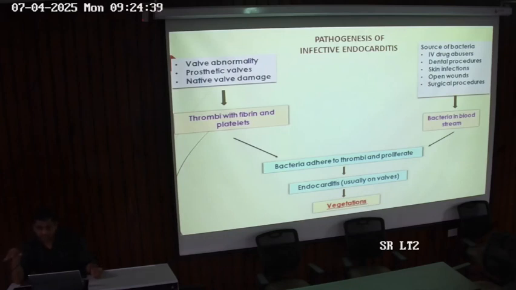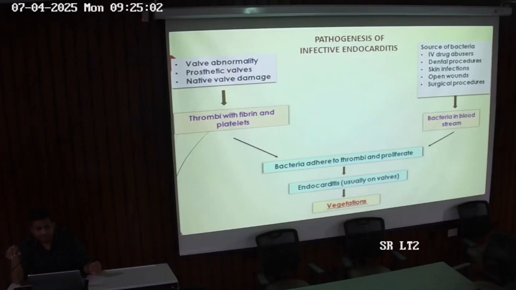And with that fibrin degradation product, again there is a cascade mechanism of the complement system, and that activates the clotting system, and the clotting system causes thrombus formation at the site. So bacteria then adhere to this thrombi and proliferate, because they act as a medium for proliferation of the bacteria,